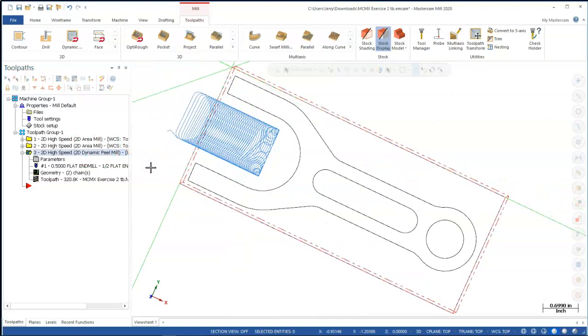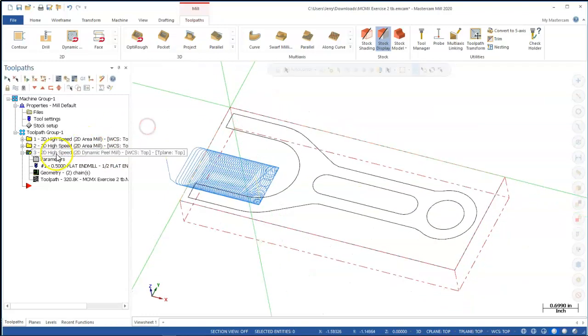All right. So between the two, based on the geometry they picked, that dynamic peel comes up to the arc. And on the previous attempt at this, what I found is if we split this at the arc, it would bring it all the way up into that arc. And the peel would look at it as two separate pieces of geometry that it would have to come up and then pick from the other side as well. And then the last one,